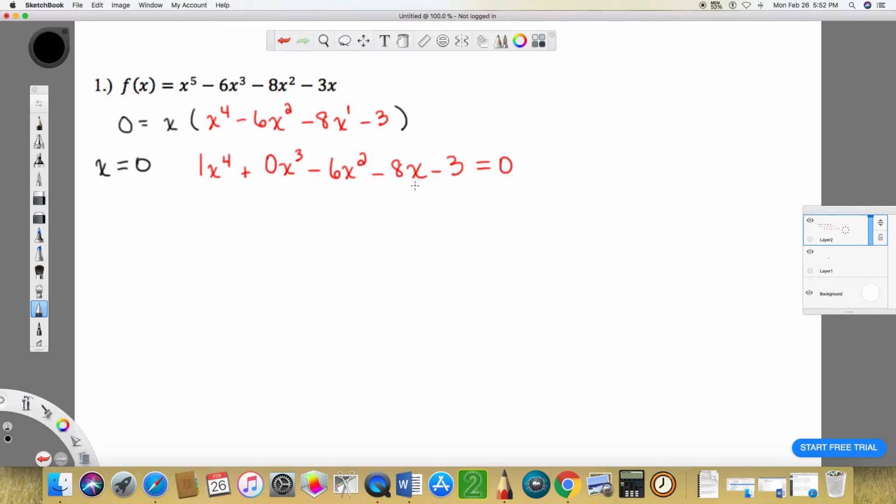All right, so let's create a list of possible zeros. Our factors of the constant term are just factors of 3. Factors of the leading coefficient, just 1. So that means our list